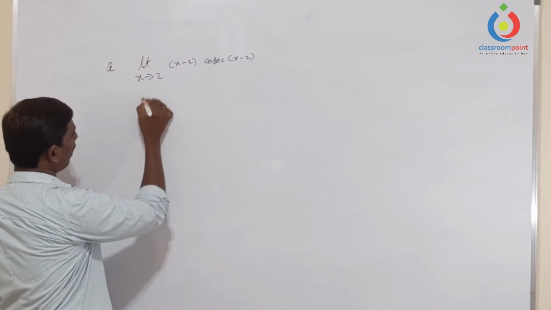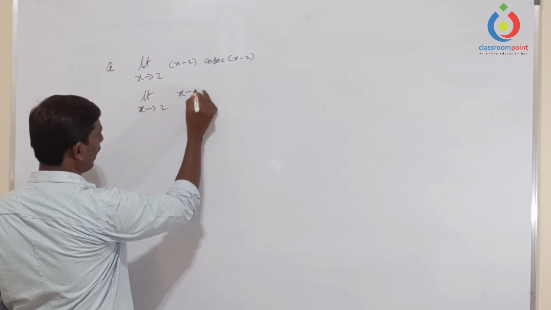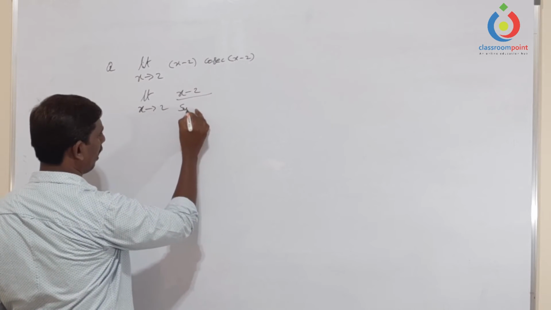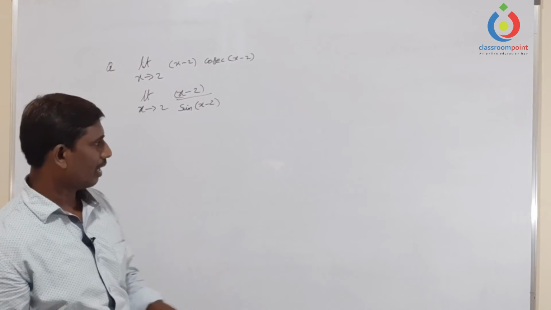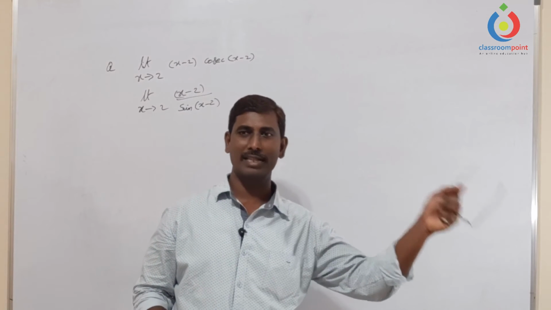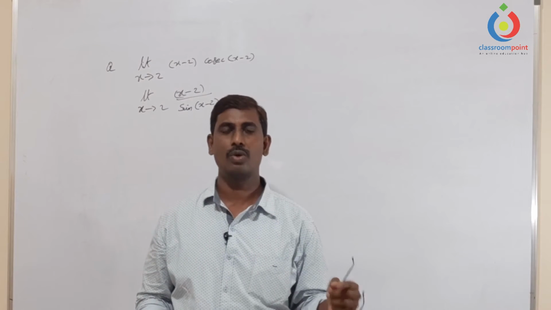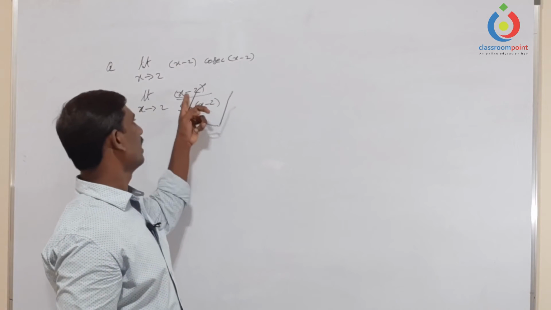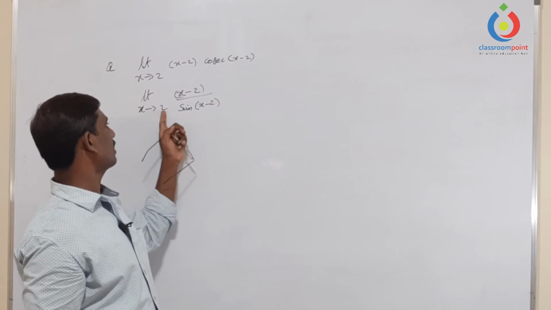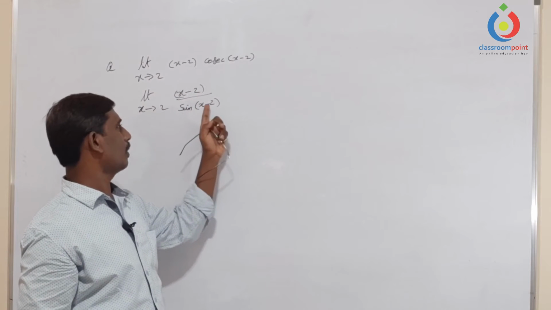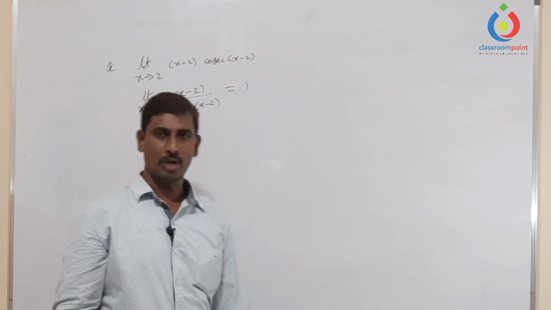It can be written as limit x tends to 2 of x minus 2 by sine of x minus 2. Check what I said last: sine of same by same is required, and sine of 0 by 0 is required. Will we get it or not? X minus 2, this is also x minus 2, both are the same. Very good. And in place of x, apply 2: 2 minus 2 is 0. Sorry, the answer will be 1.